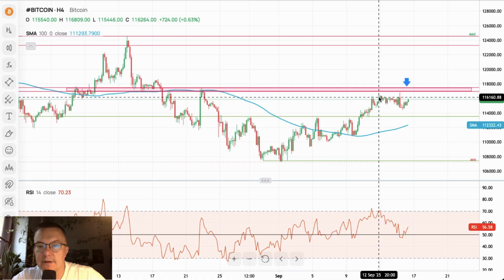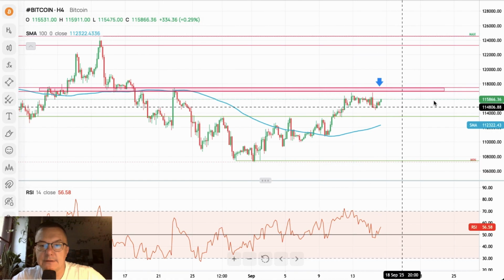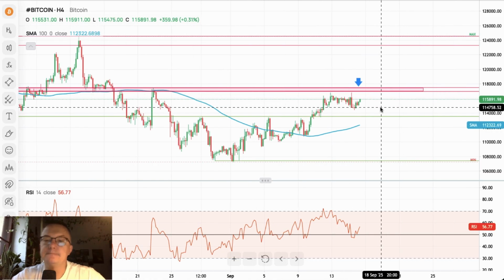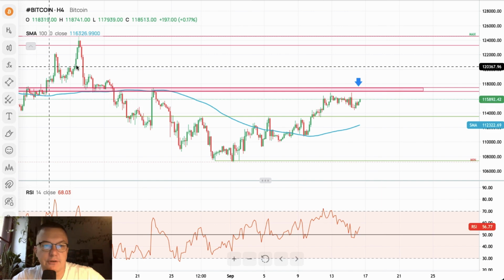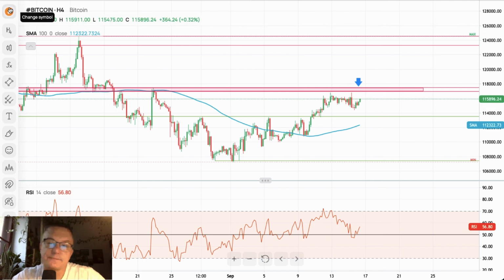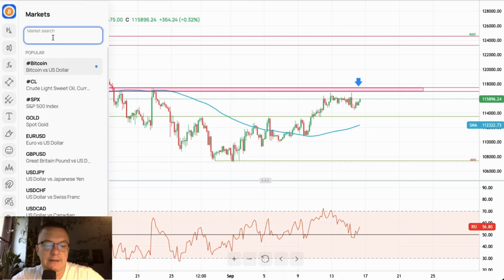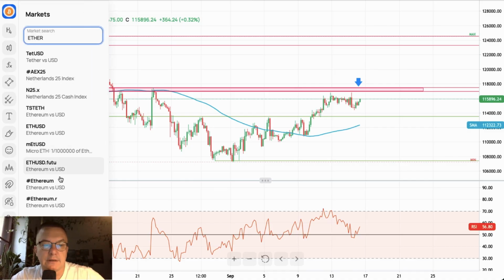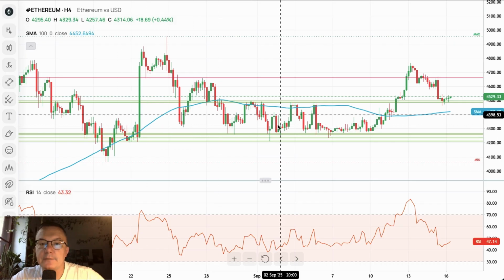Nevertheless, very little movement of the price compared to the very big movement of the RSI when we are very, very close to this area. So maybe this situation might be some sort of game changer for the market. For now, bulls are trying to break it, bulls are trying to test it. Let's wait and see what will happen later.